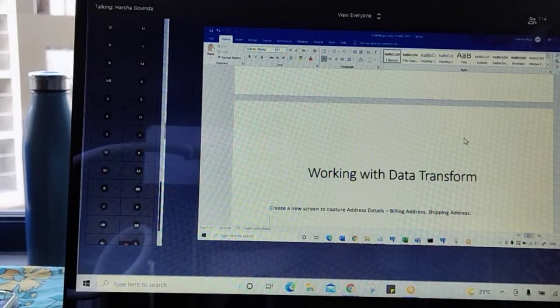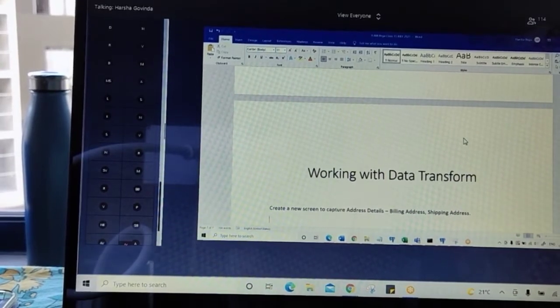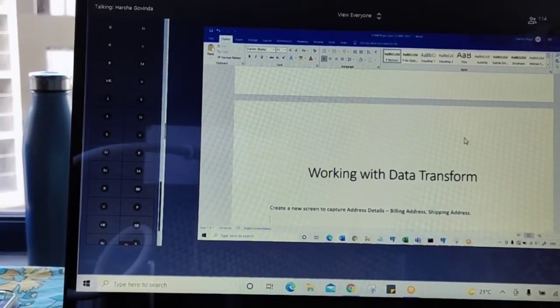If checkbox is unchecked, write down: if checkbox is unchecked, what would we do? Wipe out the shipping address. Shipping address should be editable and empty. Write down: if checkbox is unchecked, shipping address should be editable and empty.